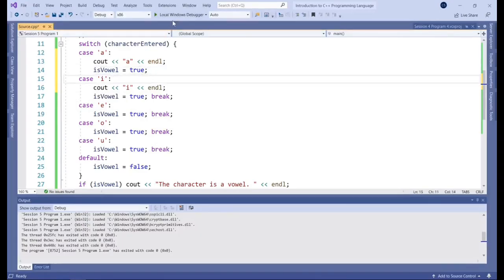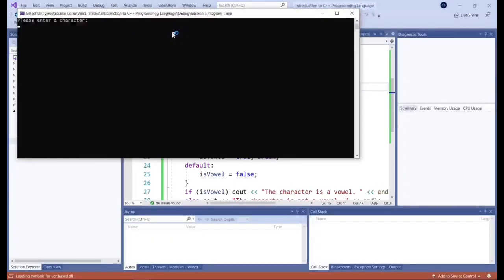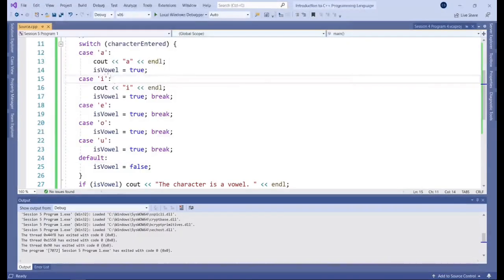Okay, so if we run that, and then we enter A, that's what happens. We actually get A printed out, and we get I printed out, just as I had put it in here. So we know that the compiler went first to the case for A, right? Because it was an A that we entered.